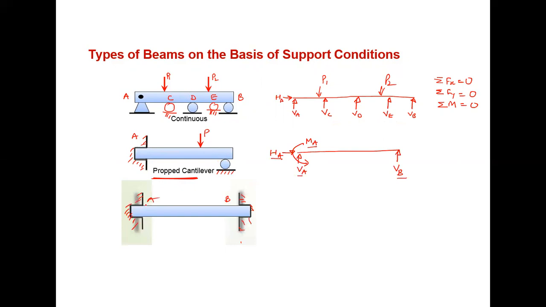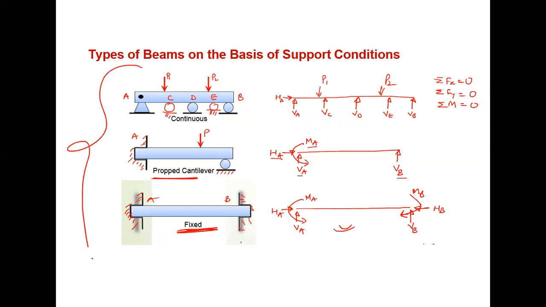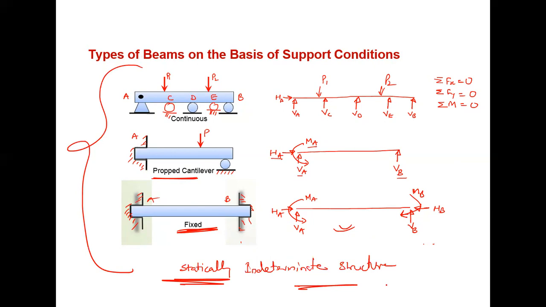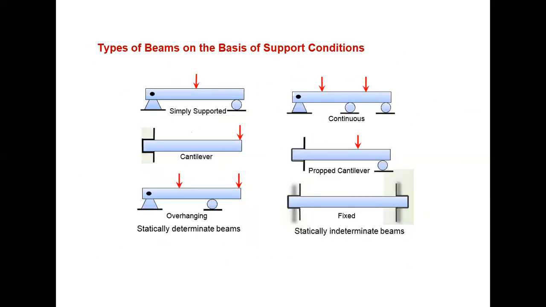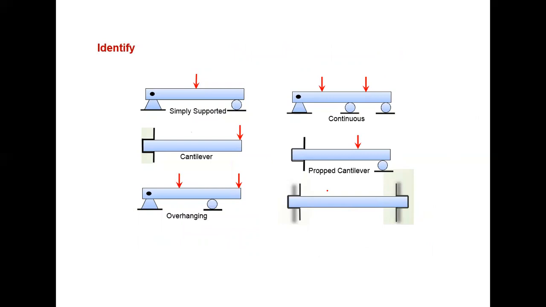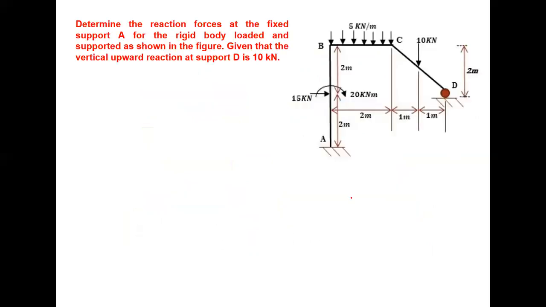Okay, the next type is a beam which is fixed at both the ends, and this type of beam is known as fixed beam, and this is the free body diagram of the beam. So these three types of beams are those types where you are using redundant supports which are not required for equilibrium. So these type of problems we call statically indeterminate structures or frames or beams. Okay, clear. Next we can solve this problem, this example.